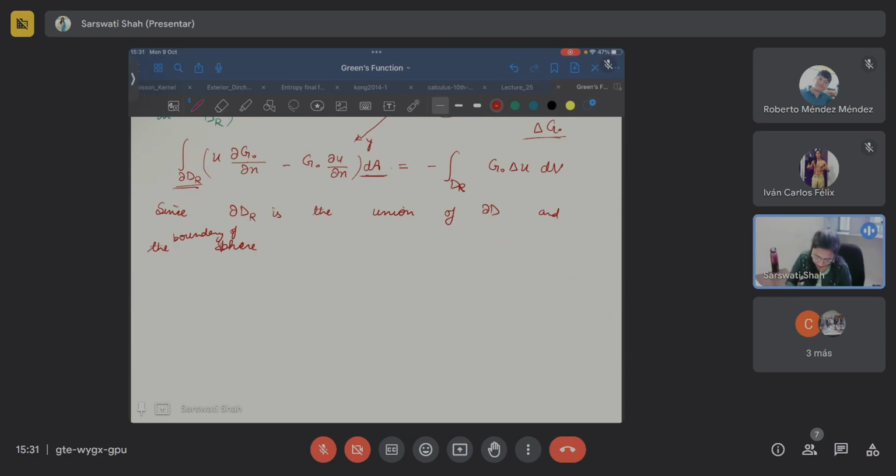So the boundary of a sphere, circle, or ball depends on which dimension you are considering. S_R is equal to the surface, so this is the boundary of that ball. We may also write it as